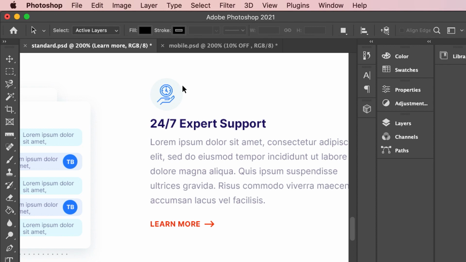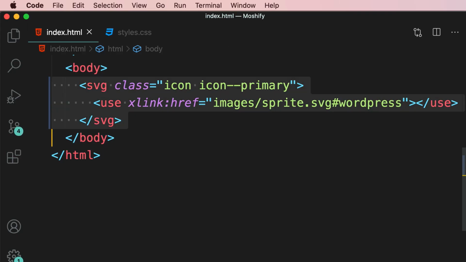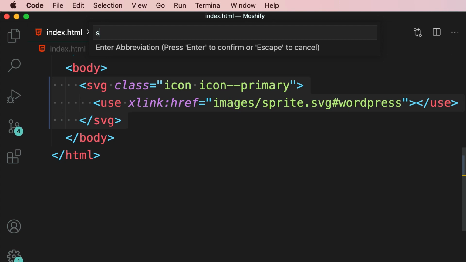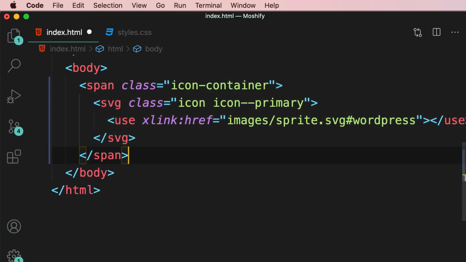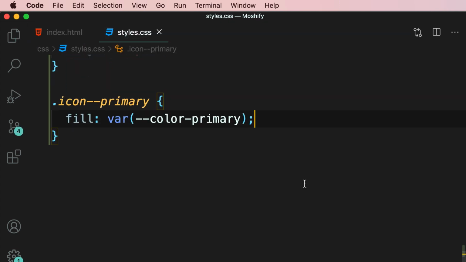Now let's work on this circle. So to implement this, I'm going to wrap this icon with another element. So we bring up the command palette and search for wrap. We're going to wrap this with a span with the class of icon-container. So here's what we get. We have a span with this class, and inside this class, we have an icon. Now, back to our style sheet. Let's define this new class,